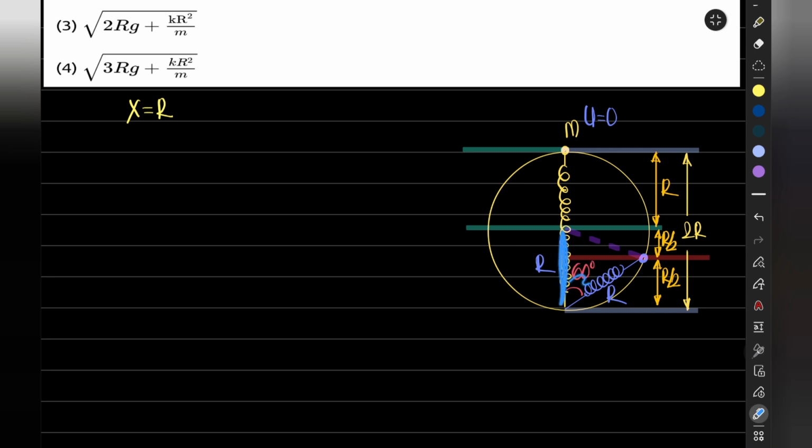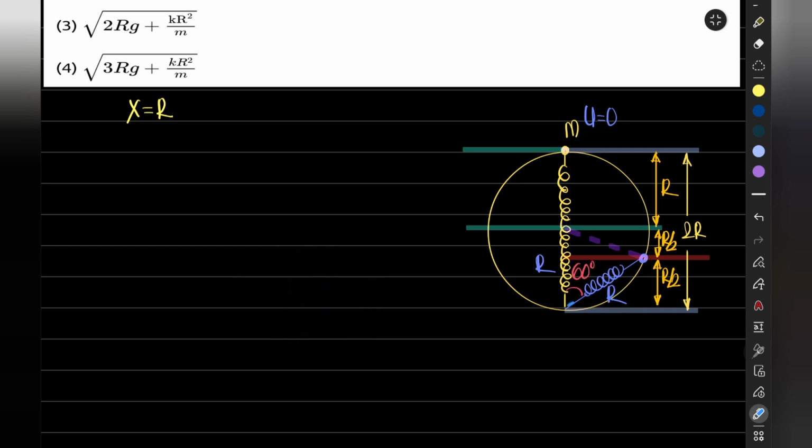Entire length is r. If I draw one perpendicular from here, it will act as a median. It means it will divide this r into two equal sides. Or if you are not doing it that way, let's go with the concept of vector components. If I am saying this is my triangle, this one is r, this one is r, this one is 90, this one is basically 60. So if I try to resolve this side,